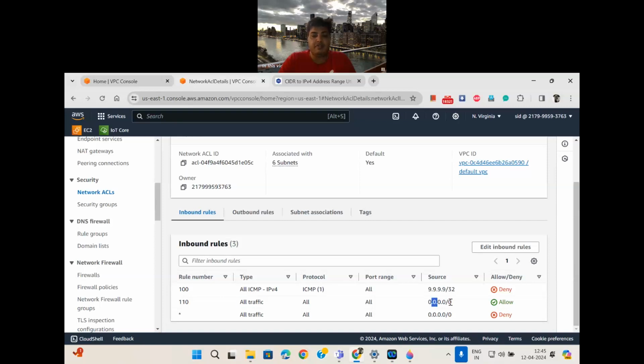110 says allow all traffic from where? From everywhere, all traffic is allowed. So you can see, even though this rule says allow all traffic, because this rule came in first, all traffic from this IP would be denied, but any other traffic would be allowed. So I'm allowing all traffic. Why? Because I'm